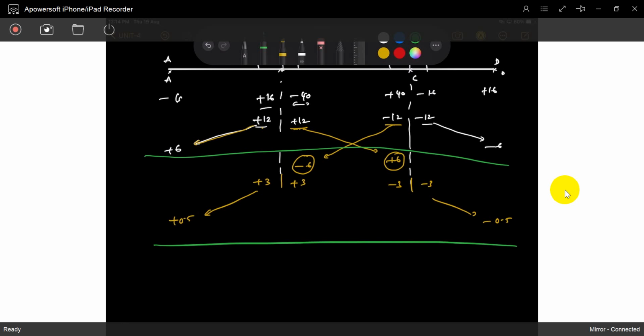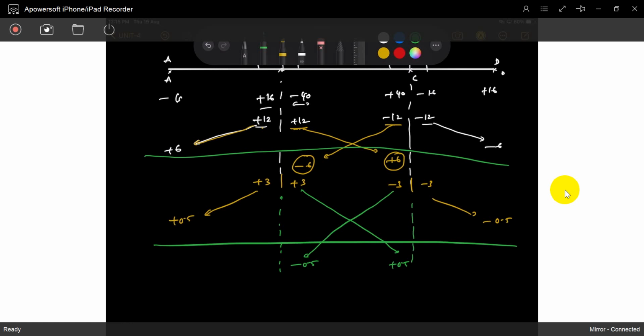But again, if you see, plus 3 is there, plus 3 has 0.5 carryover moment here, minus 3 has 0.5 carryover moment here. See, exactly it will be off. So if you go by the iterations one by one, the value is decreasing. When you feel the value is very less, you can avoid it or you can stop it. Otherwise, if the examiner asks 3 iterations, 2 iterations, that's it.